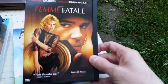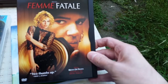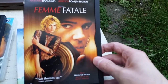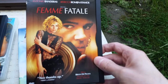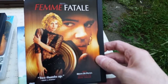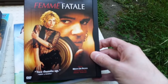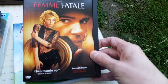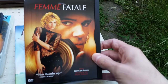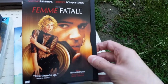And it's got a really nice cover on this DVD. I quite like the way it's photographed and done and everything. And for some reason, you can't get this film in the UK anymore. It used to be available on rental DVD when it first came out, but to my knowledge, it never got released on a proper DVD for sale in the shops, like a new copy. But if you want a copy of this film, you'll have to get the Region 1 USA import, which is